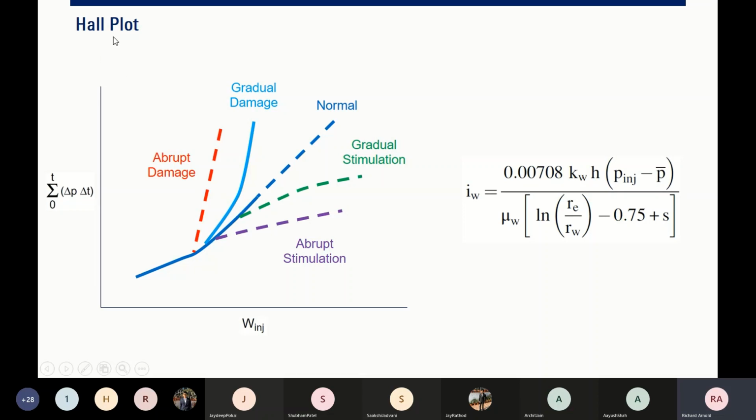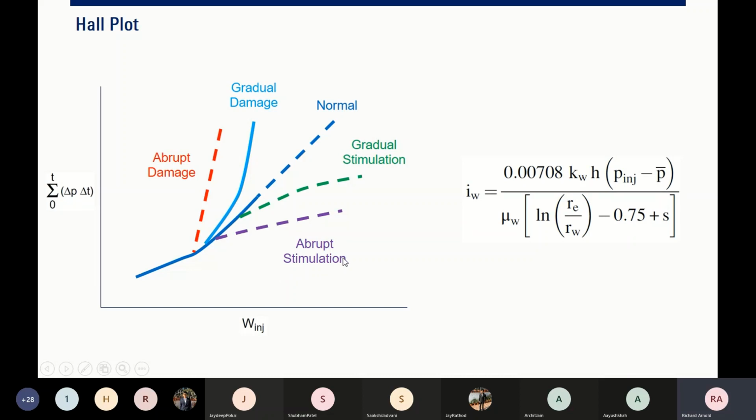Next, we discuss the Hall plot. It's also very important for analyzing the injectivity of our injector. We plot it this way. It is derived from injection analysis using Darcy flow, assuming a radial or pseudo steady state flow regime. Okay, if you follow this trend, it means that you have normal injection. Your injectivity is sustained. If the plot gives you this trend,